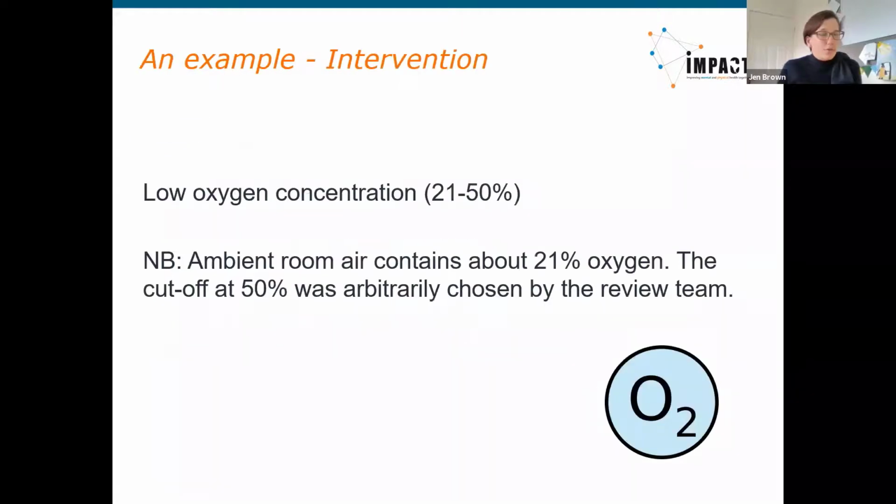In the oxygen review, we defined the intervention as low oxygen concentration. So that was defined as 21 to 50% oxygen. And important to keep in mind here that ambient room air contains about 21% oxygen. So the cutoff of 50% was arbitrarily chosen by us as the review team, but we had to cut it off somewhere. We could have made it 55 or 49 or, you know, whatever, but 50 seemed relatively easy to